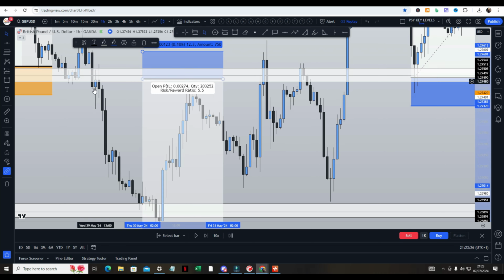Now this is a bullish candle, so you might be thinking, oh no, why should I take an entry for a sell? It's a bullish candle. Yes, it is a bullish candle, but it's not the best. It's got quite a decent size wick rejection at the top, and second, it's closed below the psychological key level. None of these candles ever closed above this key level here.